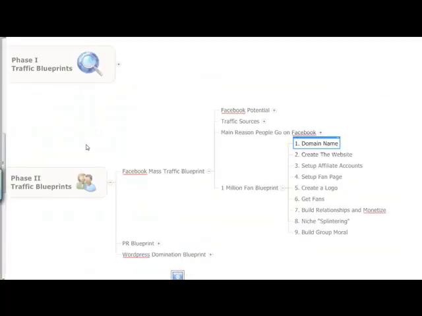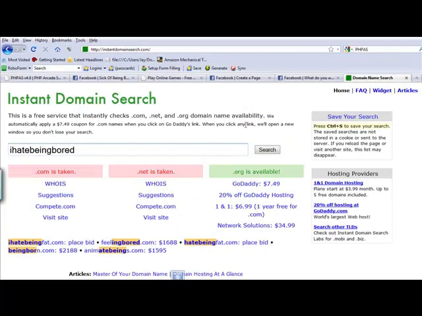Step 2, we want to create the website. So we want to create a website that will go along with the theme of being bored, and a way to entertain people. So we chose basically what the underground marketers are doing, the people who have 1 million plus fans. We're at 500,000, approaching 1 million. But the people who have 1 million are choosing to license arcade scripts, and the one that they're using, the one that we're using as well, is right here. It's called